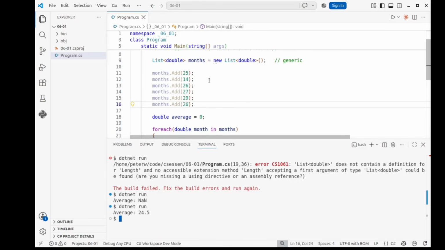So here we have this flexibility to add new elements to the array as we go along,